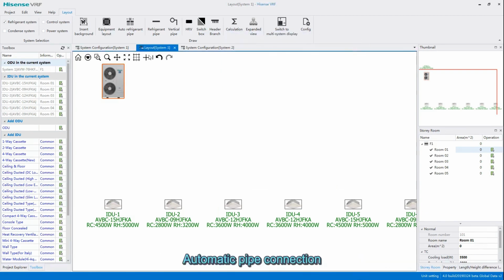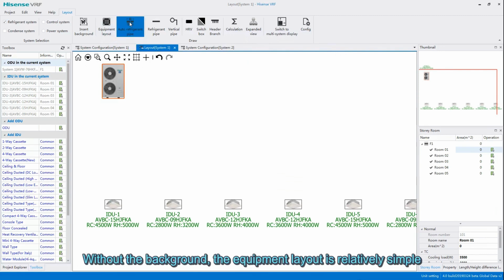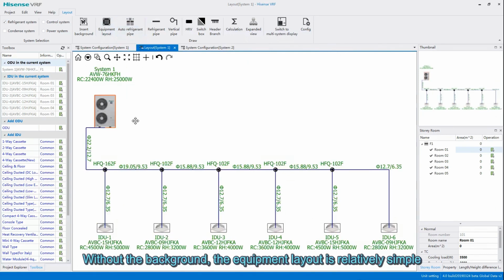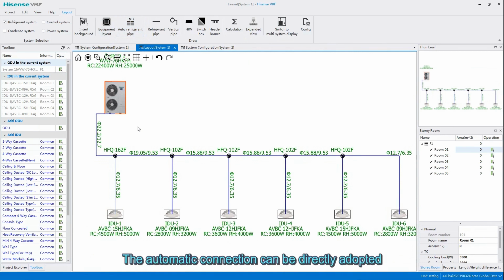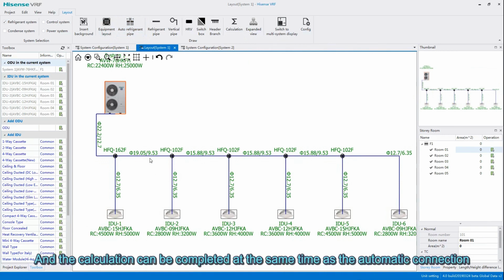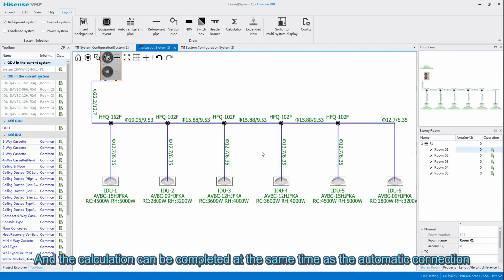Next, we show the best function in the software, automatic refrigerant pipe connection. Without any background, the equipment layout is relatively simple. An automatic connection can be directly adopted and piping calculation can be completed at the same time as the automatic